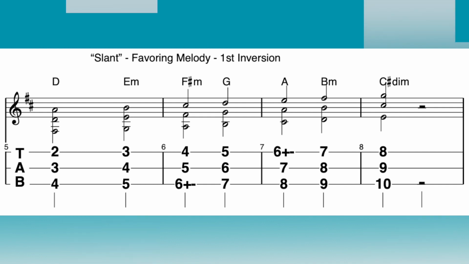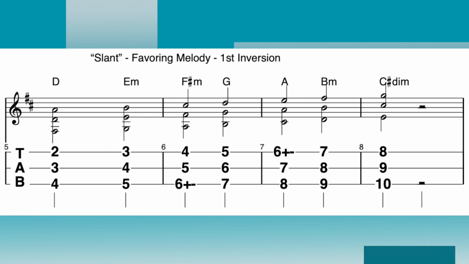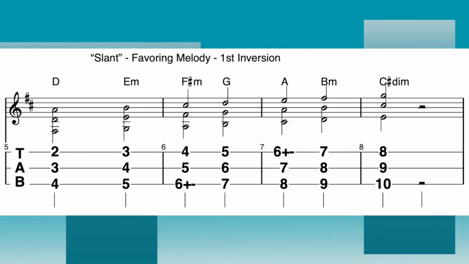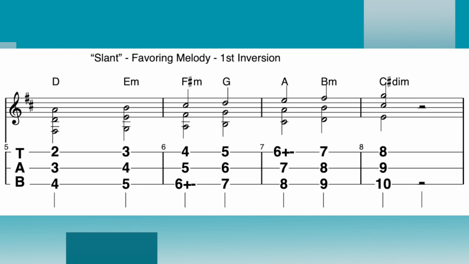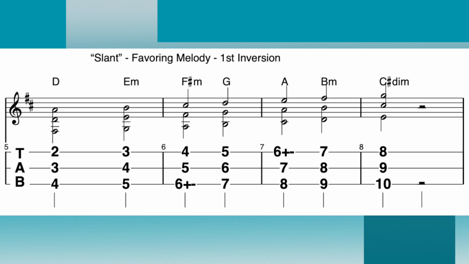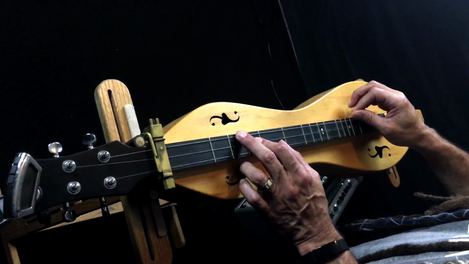For the slant chord, this is a first inversion. That means that we're taking the third of the chord and we're putting it on the bottom. So you end up with the third on the bottom, the root's in the middle, and the fifth is on the top. Let's go ahead and play through the slant chord, starting with 2-3-4 for D major,